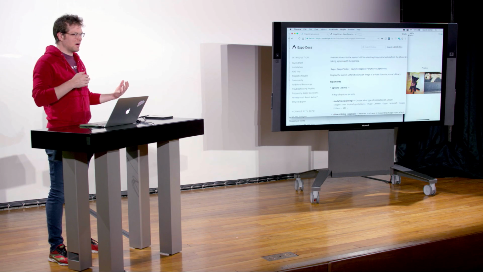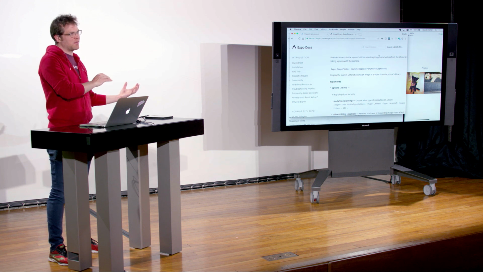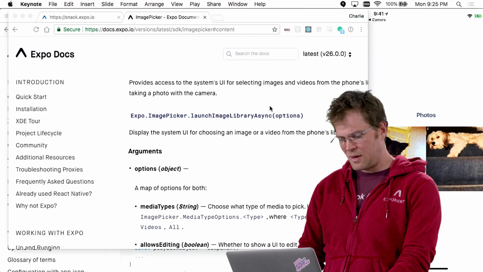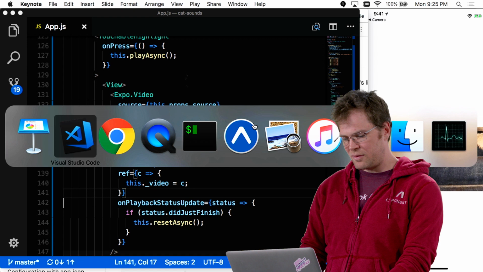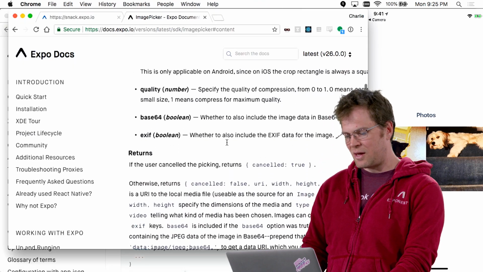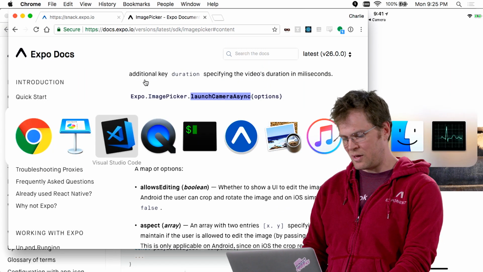But if you want to make something where the camera is a big focus of the app, or you want to customize the way that it works, you'll need to use the camera component, or write your own camera roll component. So I'm just going to show this image picker thing first, which a lot of people might find useful, and then I'll go into a little bit on the camera stuff. There's two main things that image picker has: launchImageLibraryAsync, and then launchCameraAsync. I'll do both of them, but we'll start with